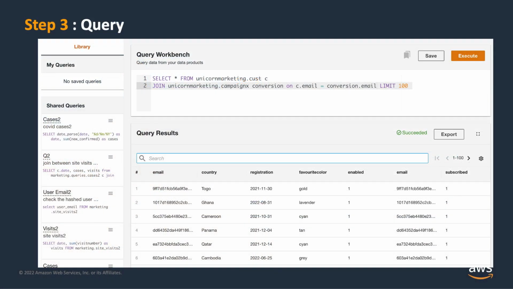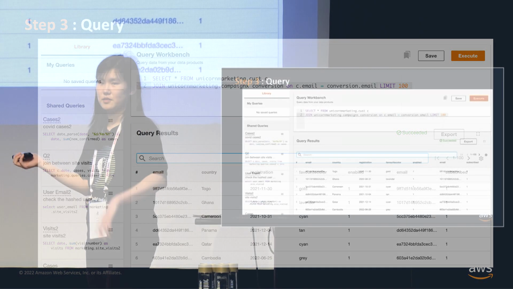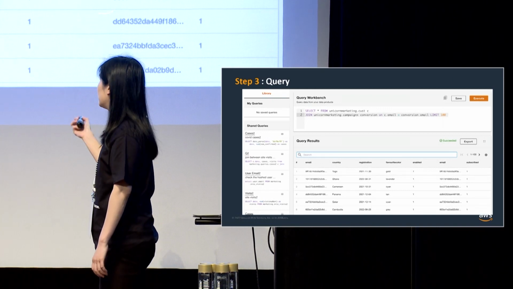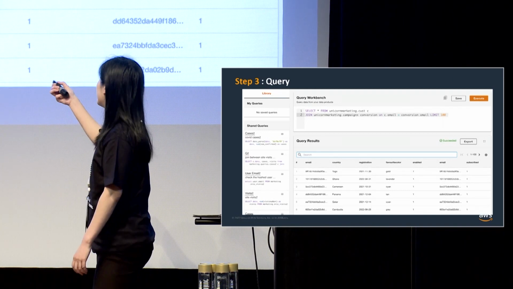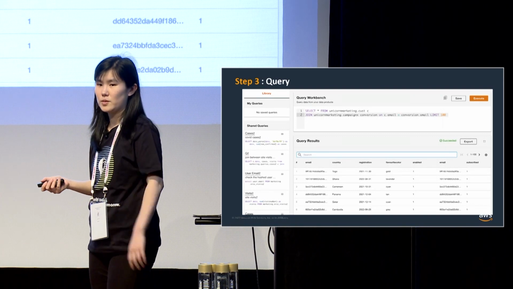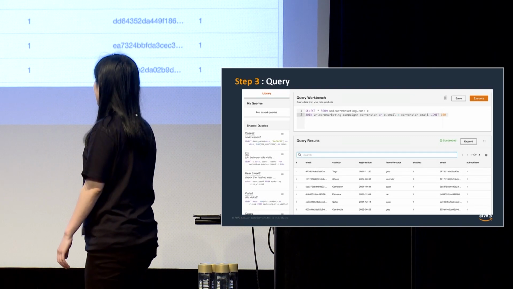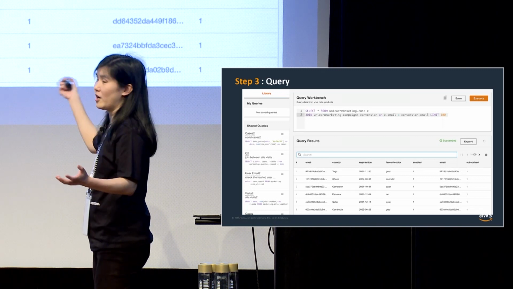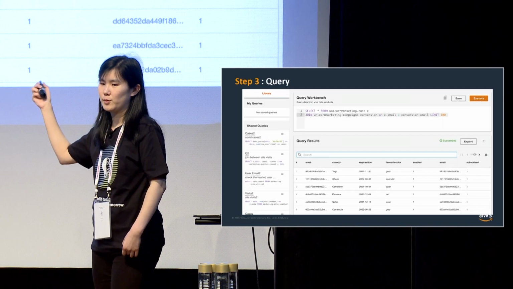Now that's all you need to do to get the data into Ada. You've done the campaign data as well, and all this next step is, go off to the query workbench and you can query your data. You can join it with existing data products that you have access to within your database. And off you go, really. Marketing can go wild here and write their own SQL queries.